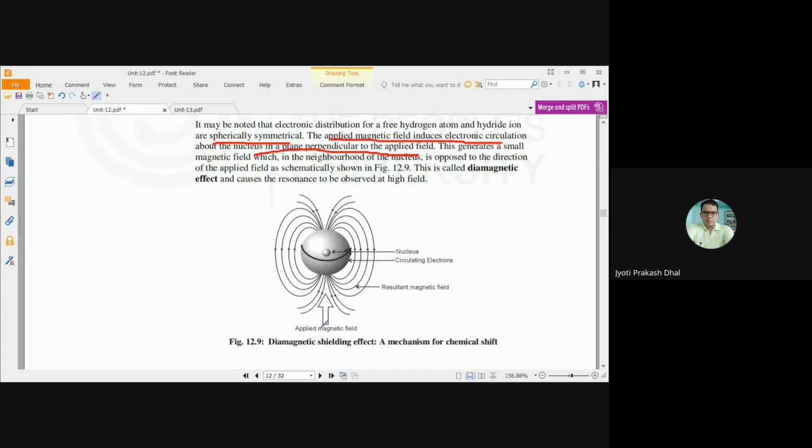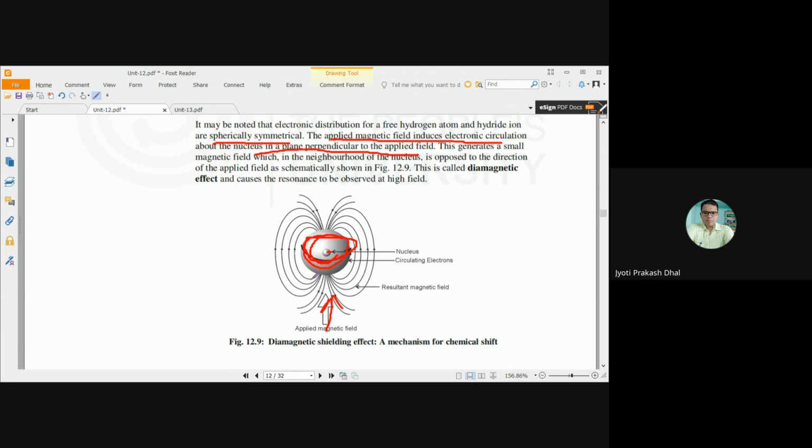So if this is the direction of the applied magnetic field, then the electrons present in the hydrogen or hydride ion will undergo circulation around the nucleus, and that will generate